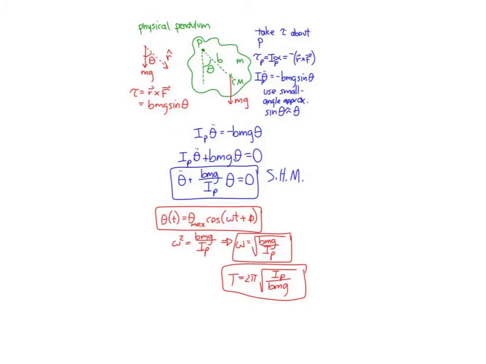So if we replace our torque expression here with bmg sine theta, then we get I times alpha, which is also I times theta double dot, and that's equal to the net torque minus BmG sine theta. Here's where we incorporate our small angle approximation that says for small angles, sine of theta can be replaced by theta, and now we have our